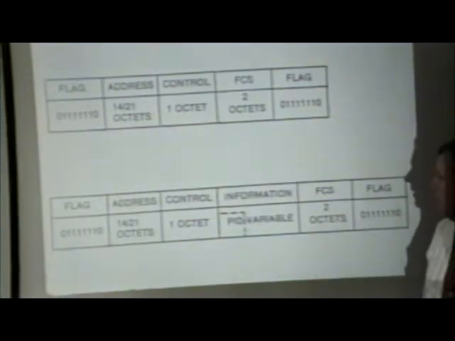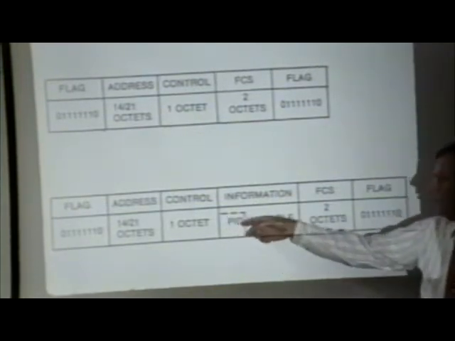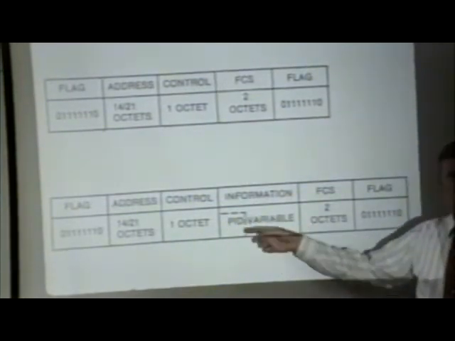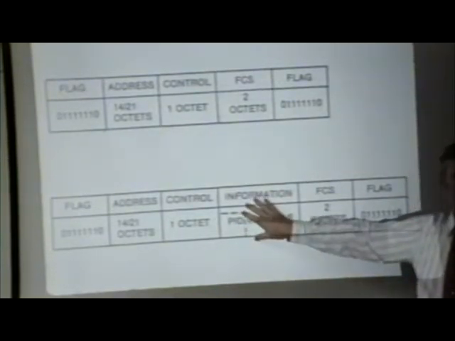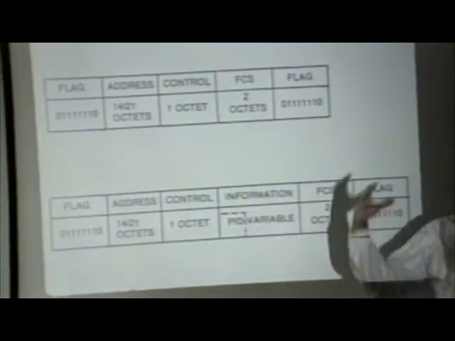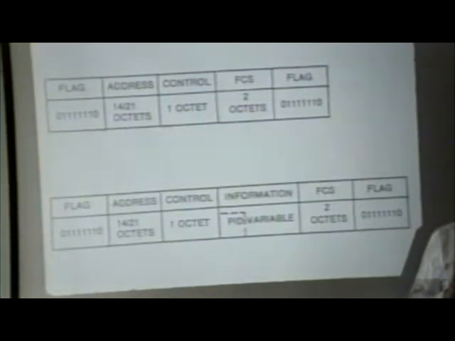The little dotted line and the PID variable under the information? That, when we look into the frame a couple of slides from now, we'll see it. That's a special bit that's set so that the information contained in here will be used by the node as opposed to the user. That's a special bit that we'll talk about. You will never generate one. If you do, you'll have some sysop somewhere calling you up saying,